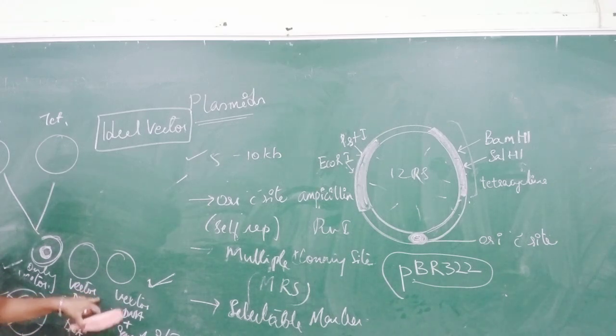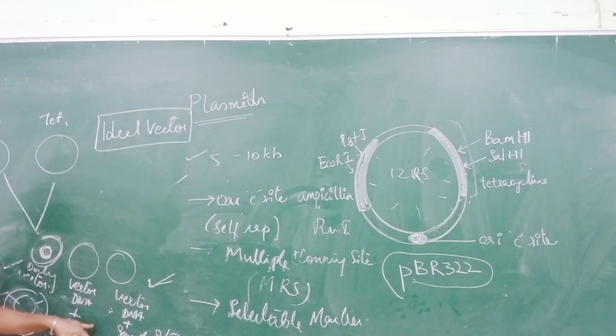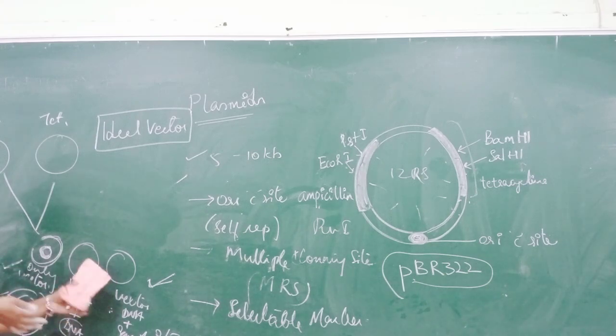Next, coming to your vector DNA plus other than vector DNA molecule, here growth may not be observed. Why? Because your DNA insert may go and sit on the tetracycline or the ampicillin, depending upon the DNA insert that it has been paired up with. So resistance may show in the opposite direction.